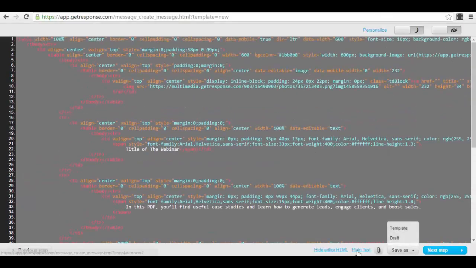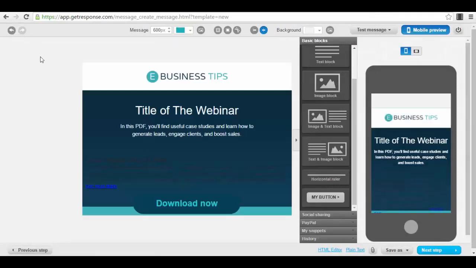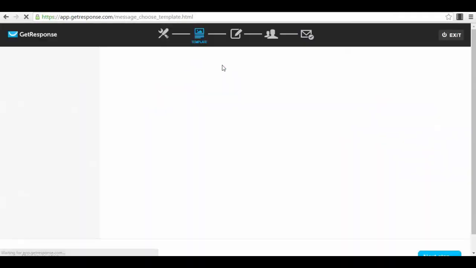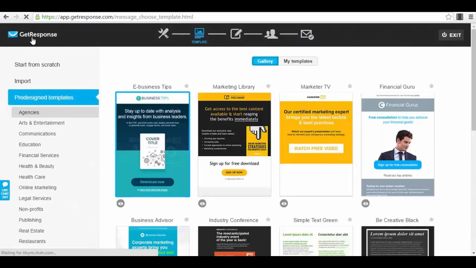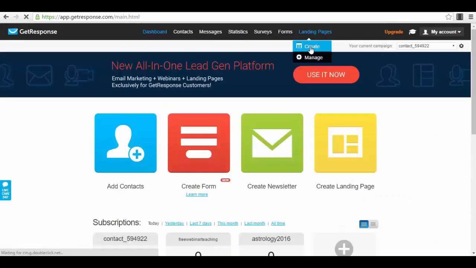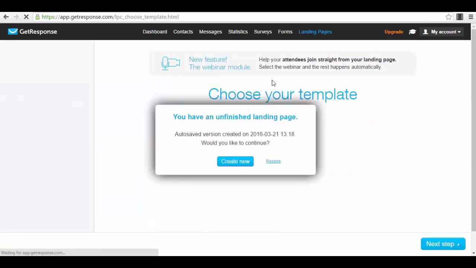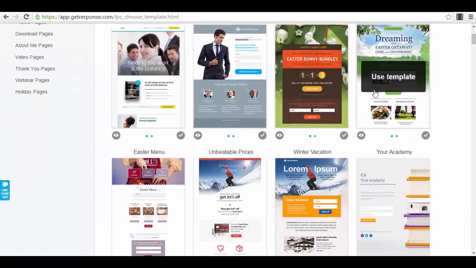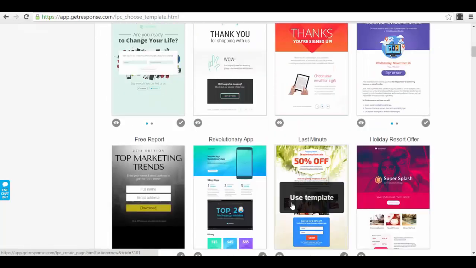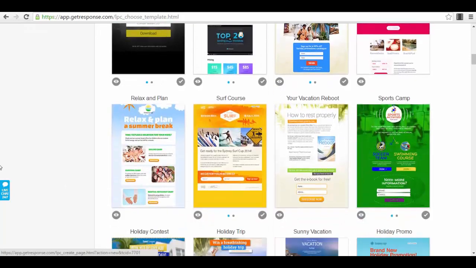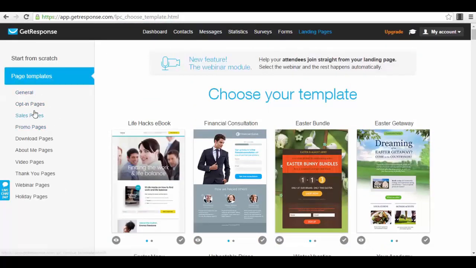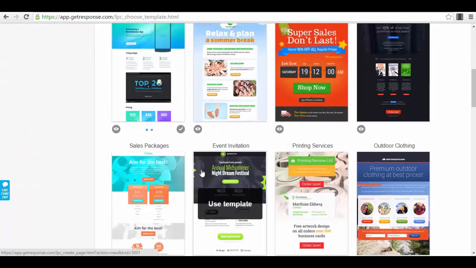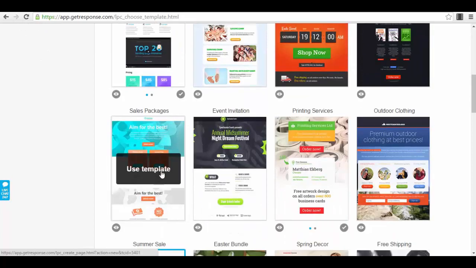Now, another way to do this is to use the landing page builder of GetResponse. So you go to GetResponse, you go to landing pages, create new, and you will have different types of landing pages here, guys. So for example, you select a sales page, something that looks very nice.